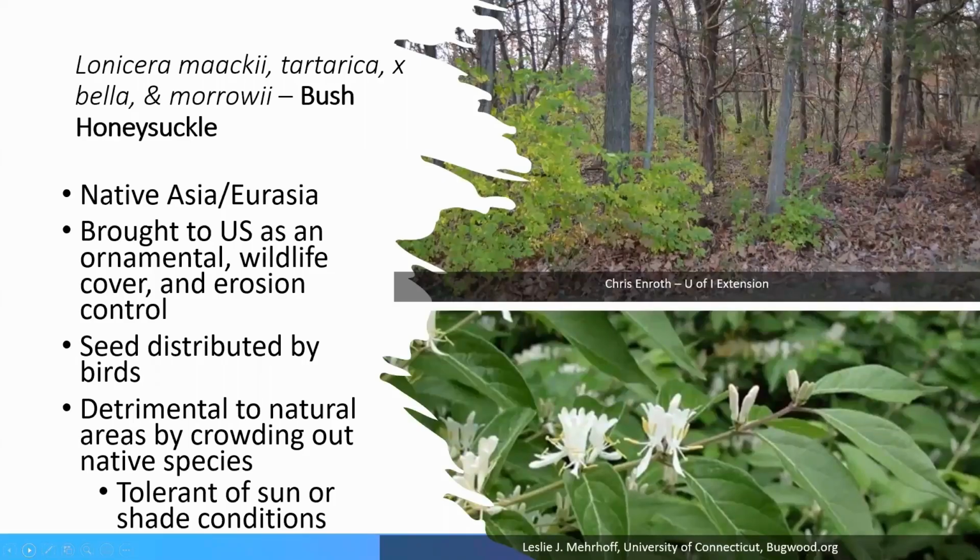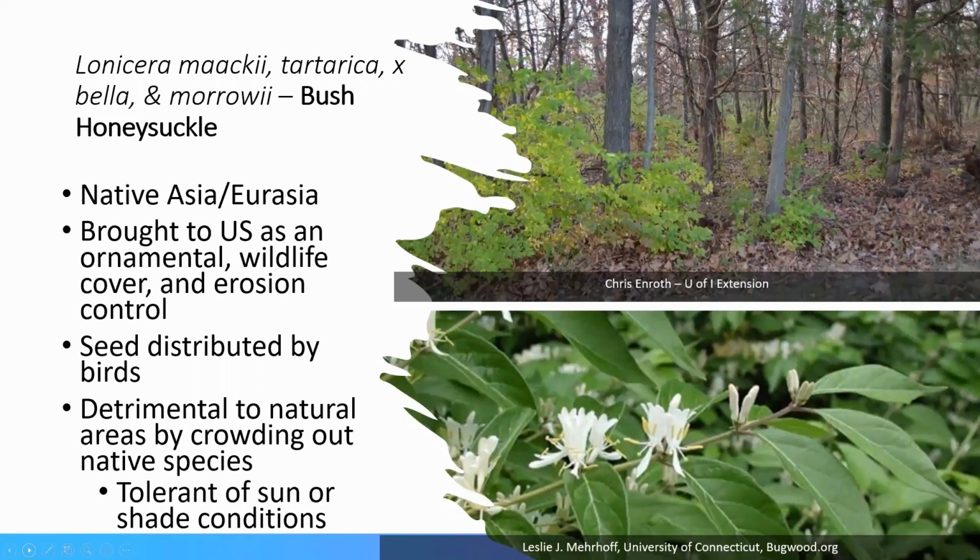Now, first, I want to start off with an example of a legally invasive species. If you own woods or you have land here in Illinois, you're probably familiar with this plant, bush honeysuckle. It is actually a term that describes a whole grouping of honeysuckles. And these woody shrubs are pretty notorious here in the state of Illinois. It's very common to find them in woodlands here in the state. And pictured here on the right side of the screen, all that green you see there on that forest floor, that is bush honeysuckle right there.